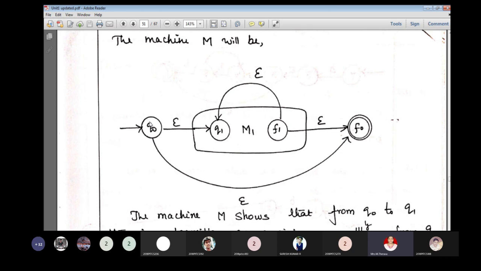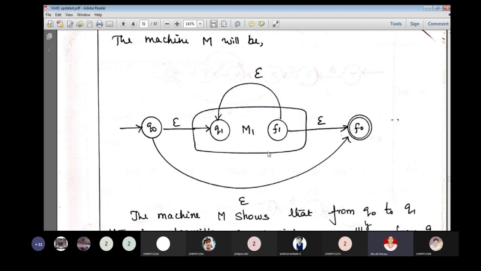That is, we connect the new initial state and the initial state of M1. Similarly, we connect the final state with the new final state which we have introduced, through epsilon. And also we have to connect Q0 and F0, the new initial state and new final state of the